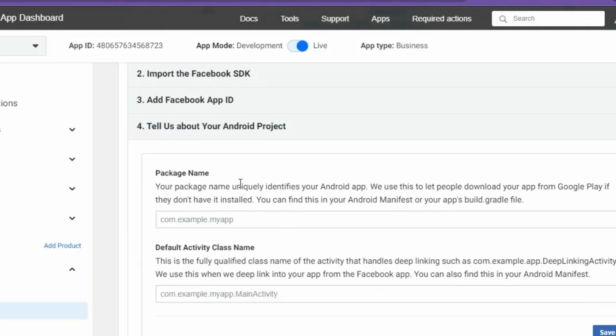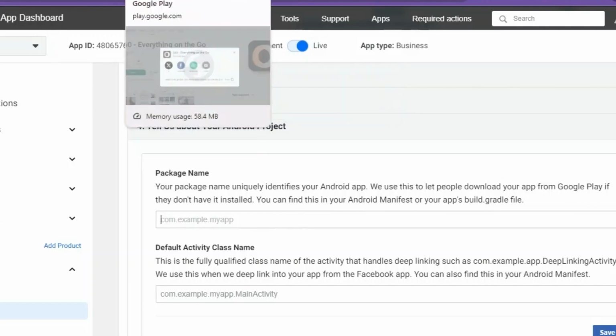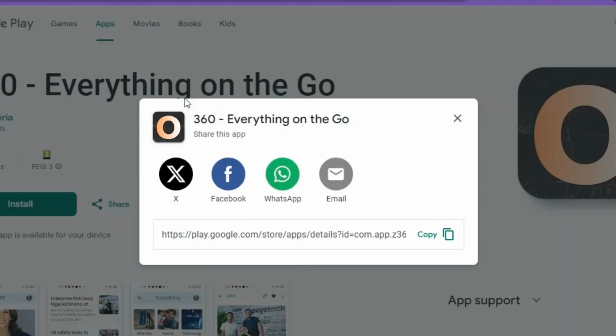Default activity. So package name. Your package name will need to identify your Android app. We use this to let people download your app from Google Play. If you don't have it installed, you can find this in the Android manifest. So the package name here, you can confirm that from the Play Store. This is the app on the Play Store. So this is the package name